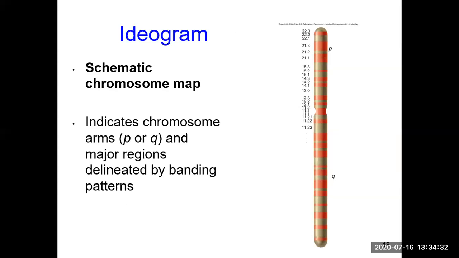This is the map of a chromosome, called an ideogram. So this is what I was saying when, let's say, I say chromosome 7p21.3. That means this is chromosome 7, this is the short arm or p, and then you see how the map is created, and then you go to 21.3. So if I say the gene of interest is located at 7p21.3, you know exactly that the gene is right here.